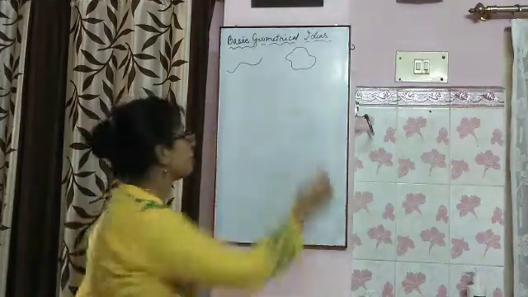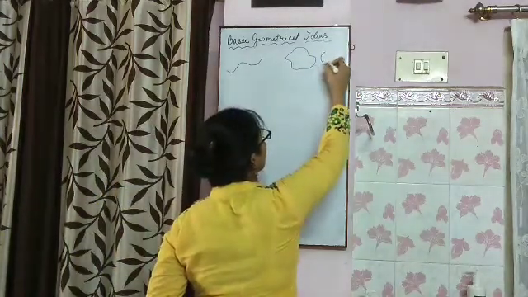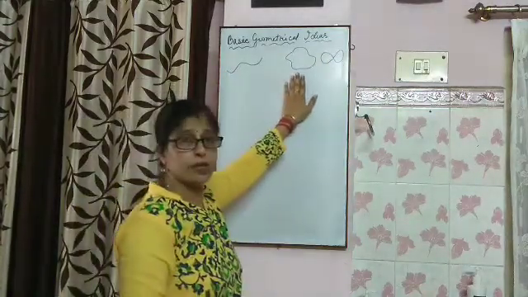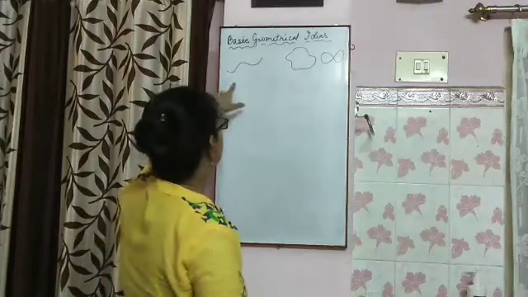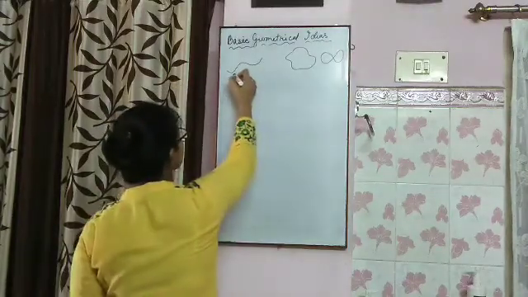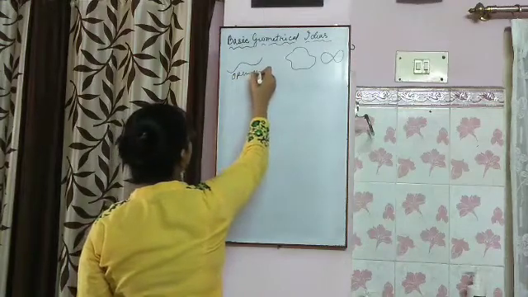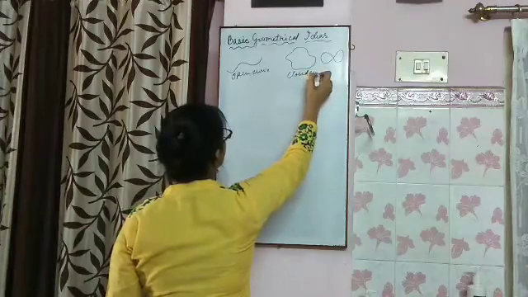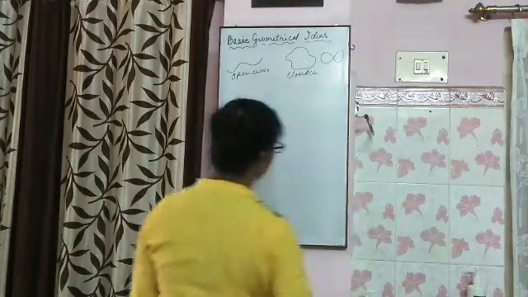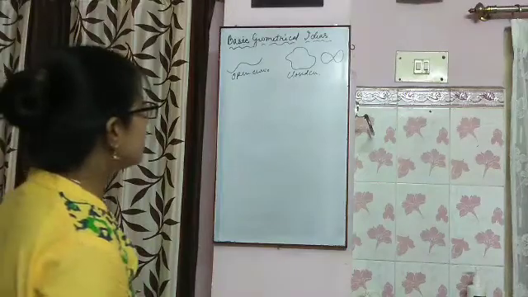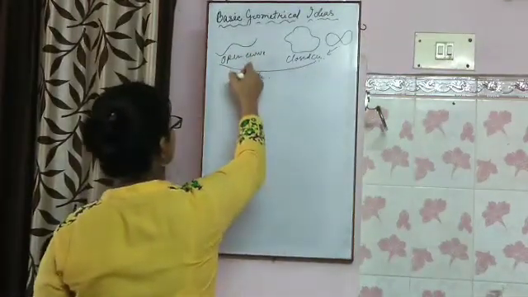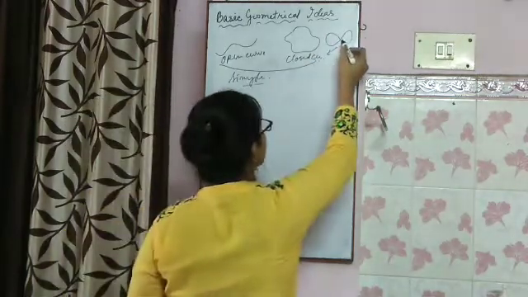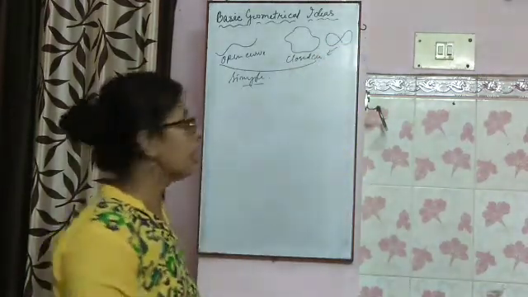This is also a curve. There is also a curve. But each of them has a different name. It is called an open curve. It's a closed curve. And this is also closed, but both are simple, so it is called a simple open curve, and this is called a simple closed curve. But it is not simple because it has crossed at a point.